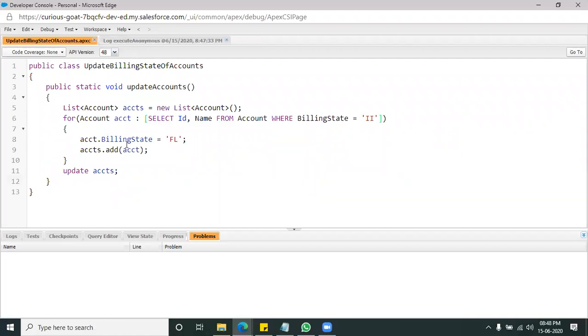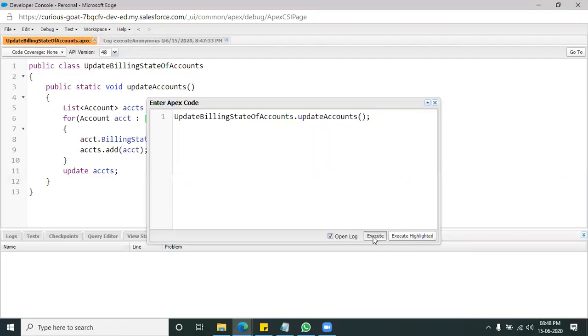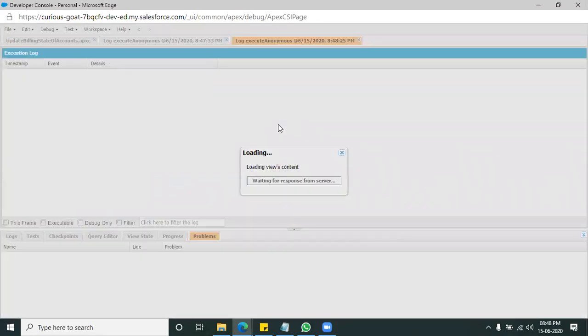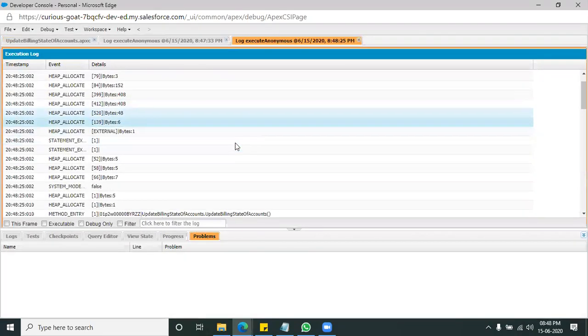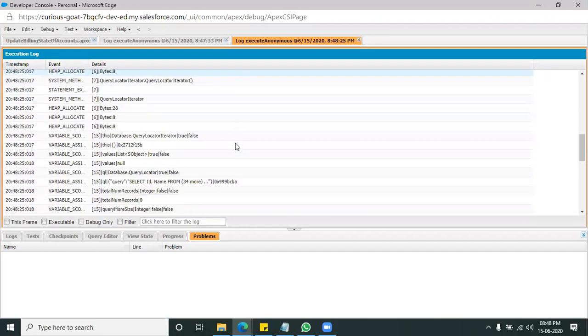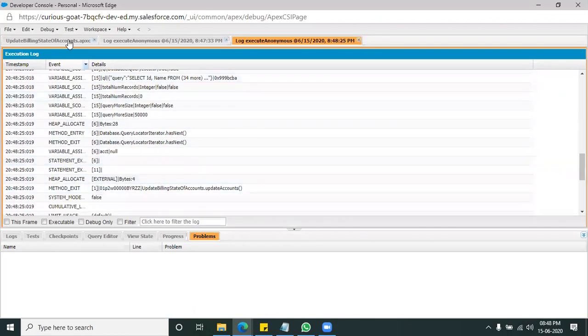Now execute the script. Just come down. We have null parameters and everything. Go to your script, update billing state of account.